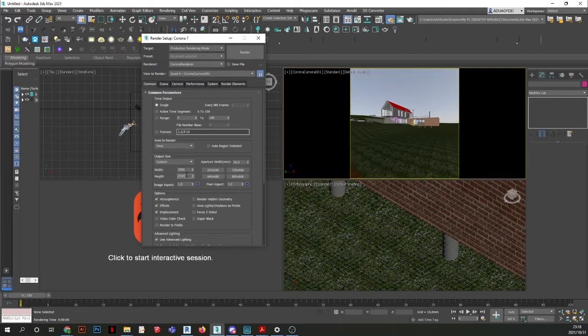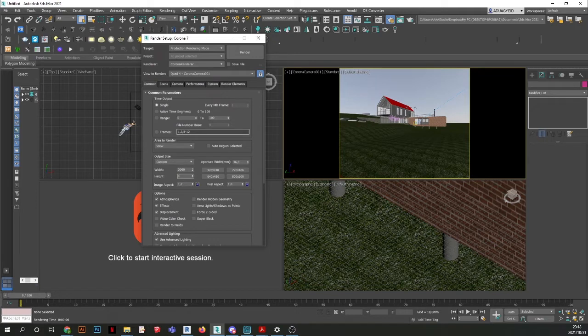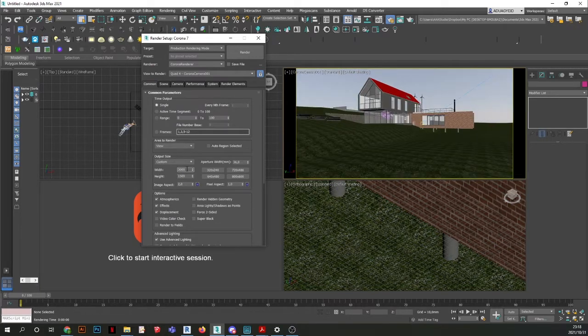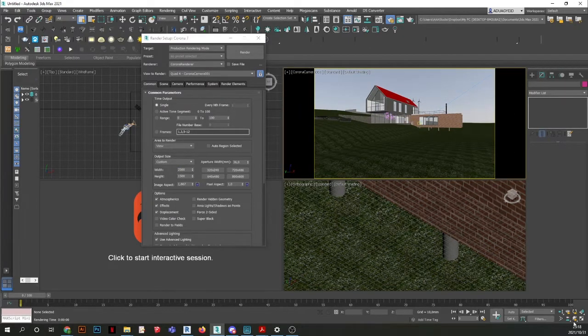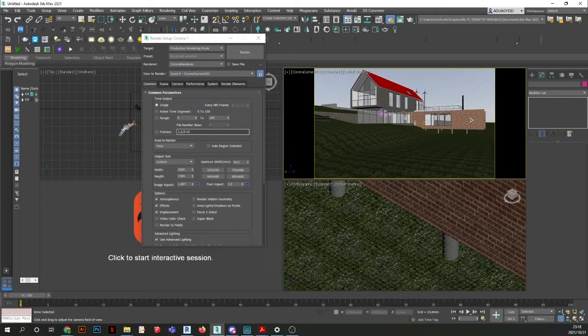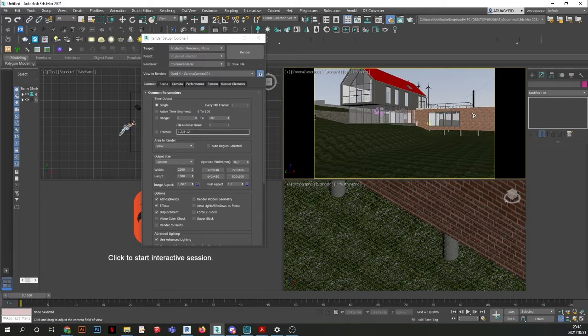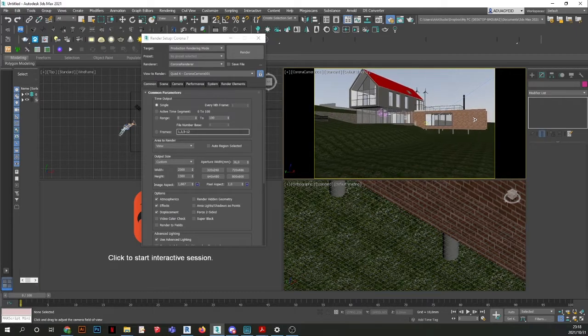Okay, show safe frame basically shows you which frame is going to be rendered. Okay,